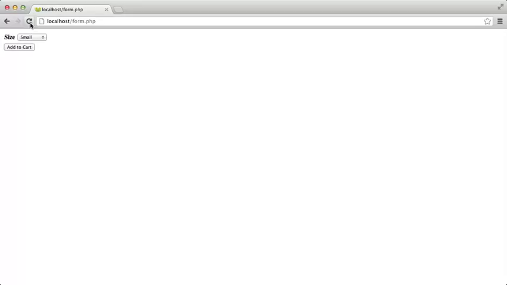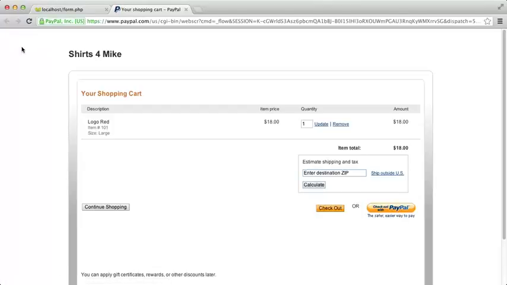Let's take a look at the form in the browser. Select a size and add the shirt to your cart. The PayPal shopping cart will open in a new tab with our product added to it. Pretty neat, huh? Before we fully integrate this form into our site, there are 2 related issues that we need